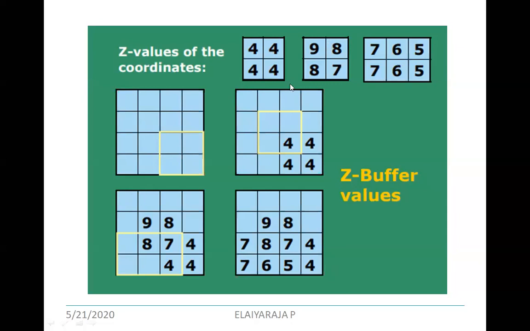Not the depth. See, that is the limitation. Here, scan line y equal to 1, scan line y equal to 2, scan line y equal to 3, scan line y equal to 4, scan line y equal to 5. This is not your depth value. This is your limitation. When it reaches y equal to 5, you are going to stop the depth buffer algorithm. Why? Because this is the maximum limit. After that, there is no pixel on your projection plane. Okay, so there you are stopping.